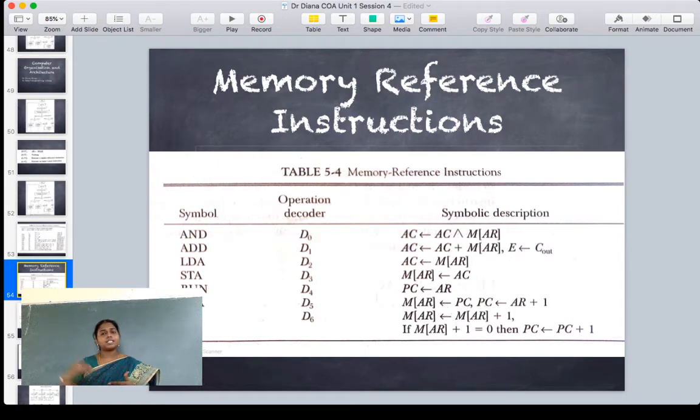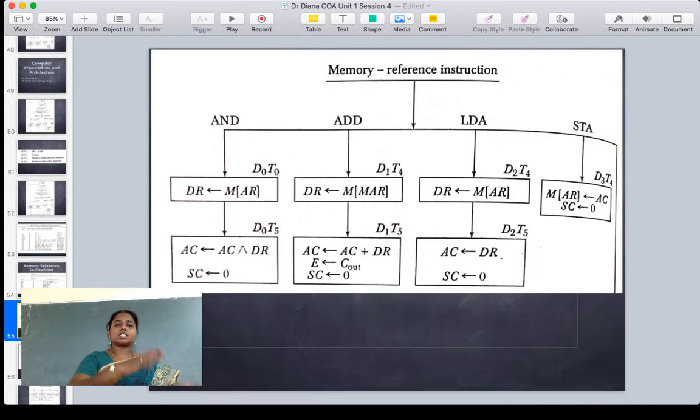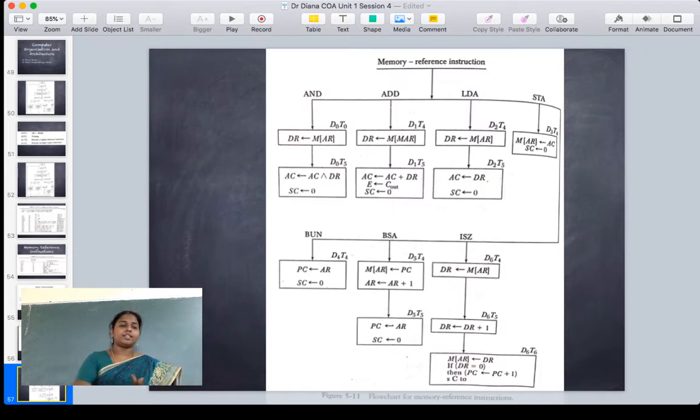To synchronize this, at time cycle T3, for a direct memory access, we do not do any operation so that it can be synchronized. This is what we have seen in the earlier sessions. So this is a list of all memory reference instructions, and what happens at what timing cycle. So this entire thing we have seen.